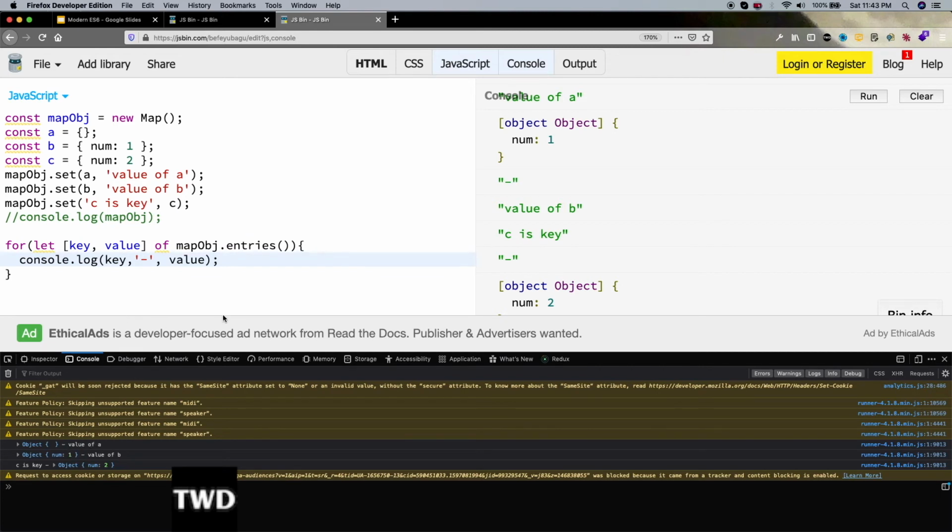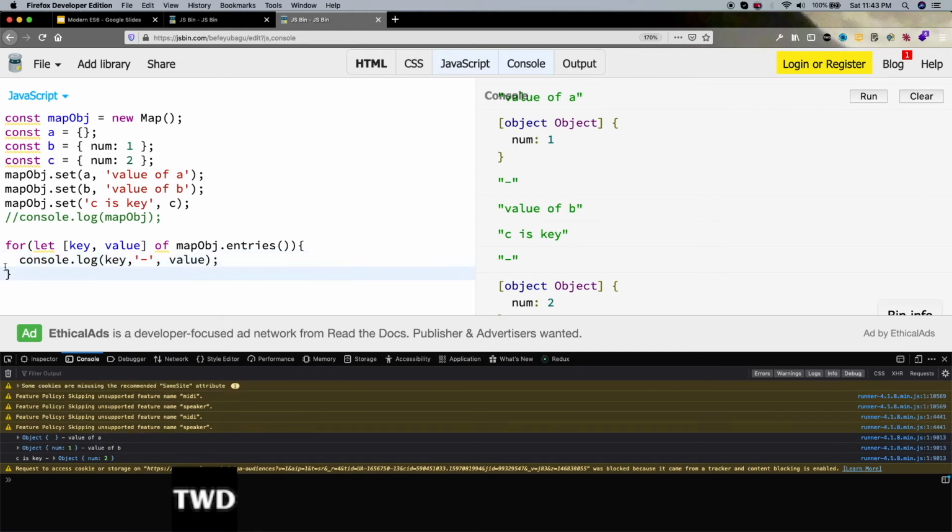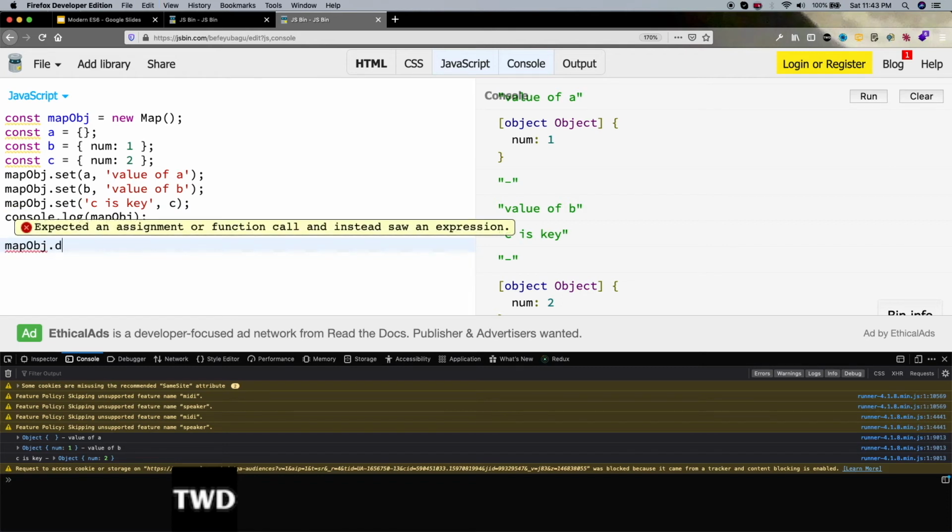There is one more thing which I want to tell. If you want to delete something in a map, how do we delete it? We can delete it with the delete keyword. Map dot delete is there, and then we just have to pass what we want to delete.